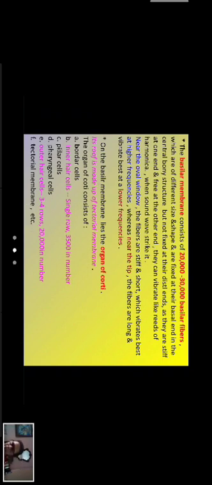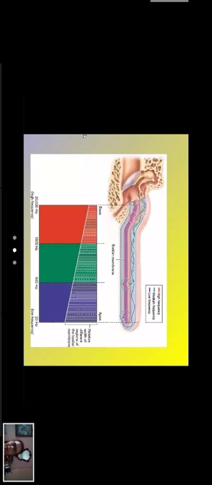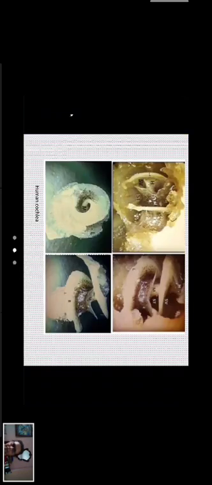I'll show you in the next class the structure of individual hair cells, so that you can easily understand the mechanism of hearing. But first, you must have a very clear idea about the middle ear and the inner ear, particularly the basilar membrane and the tectorial membrane.